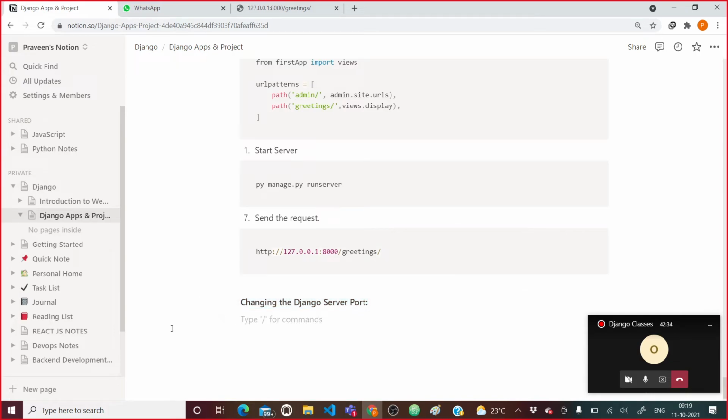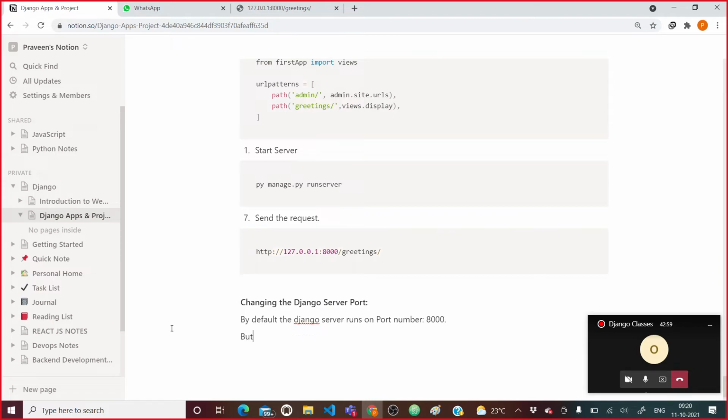See, by default, the Django development server runs on port number 8000.